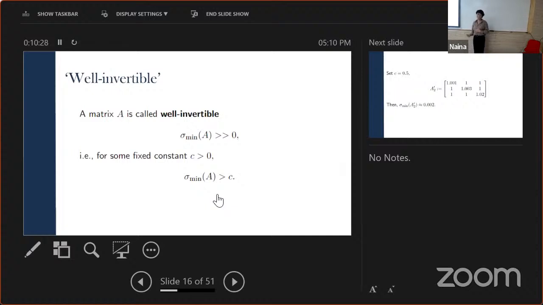So instead, we want to define a nice invertibility. We don't want this kind of invertibility where you're so close to 0. This doesn't serve our purpose. So instead, we define this notion of well invertible. We say a matrix is called well invertible if its least singular value is bounded away from 0. We can fix some constant, say C, and say that if my least singular value is bigger than this constant, then this matrix is well invertible. So if you don't want vectors to shrink beyond some size, and vectors in the subspace are not shrunk below that size, we're good. This is a well invertible subspace.